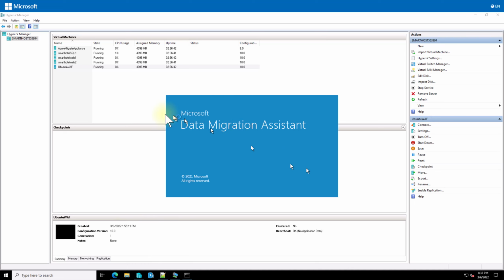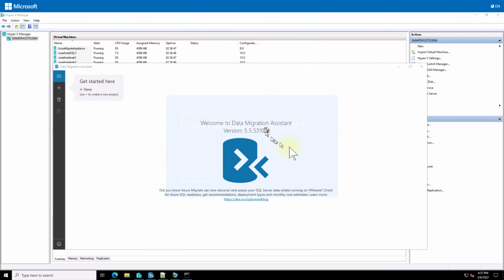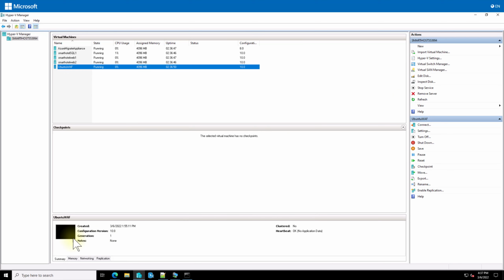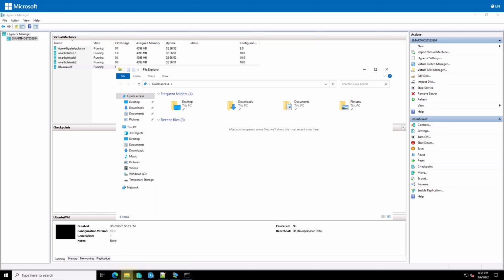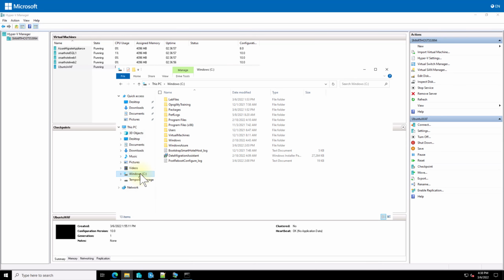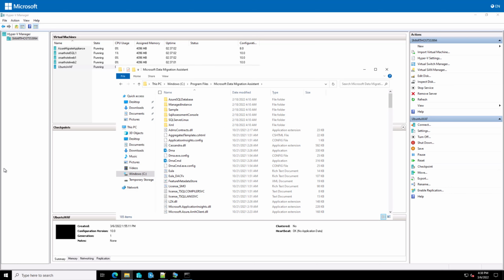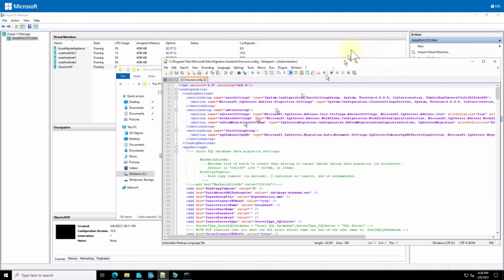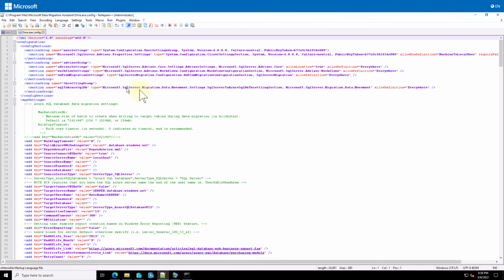We need to pre-configure it to allow this Data Migration Assistant to connect to Azure, because by default, if you even install on some server on premise Data Migration Assistant, it will not work as expected, because again you need to change some line inside the configuration. This file, configuration file, we can open it with the Notepad++,